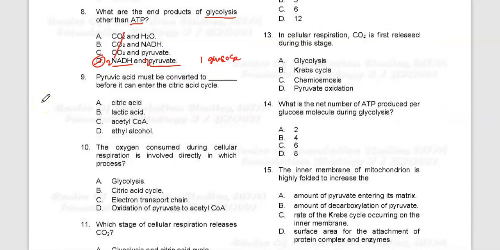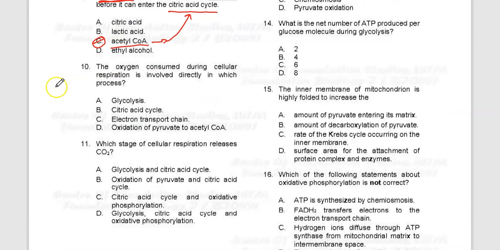Number 9, pyruvic acid must be converted to, the answer would be acetyl-CoA before it can enter into the citric acid cycle. Pyruvic acid, also known as pyruvate, is the end product of glycolysis. It then enters the link reaction that will convert the pyruvate into acetyl-CoA. Only then can the acetyl-CoA enter the matrix and the citric acid cycle. So number 10,